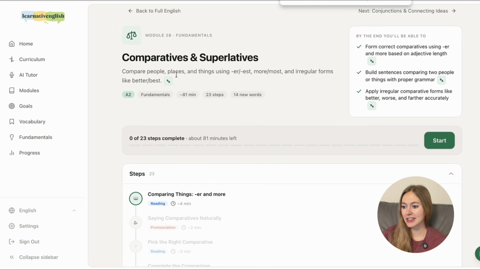Compare people, places, and things using -er for comparatives or -est for superlatives, more or most, and irregular forms like better and best. By the end of this lesson, you will be able to form correct comparatives using -er and more based on adjective length. Build sentences comparing two people or things with proper grammar, and apply irregular comparative forms like better,